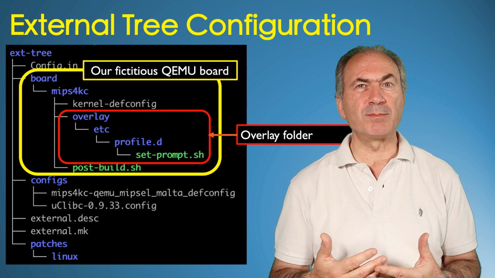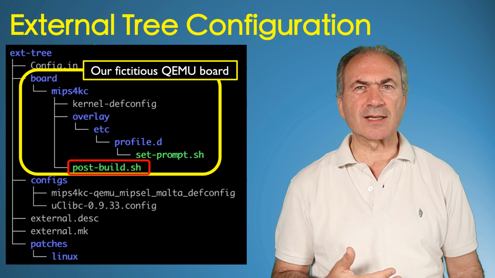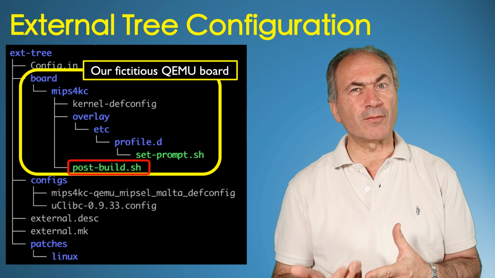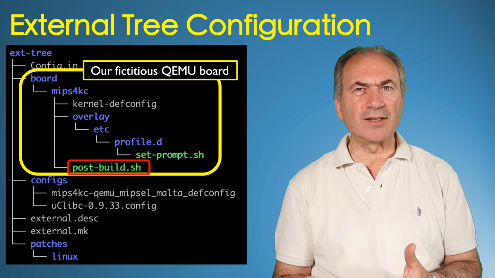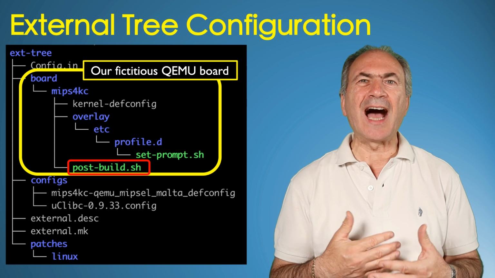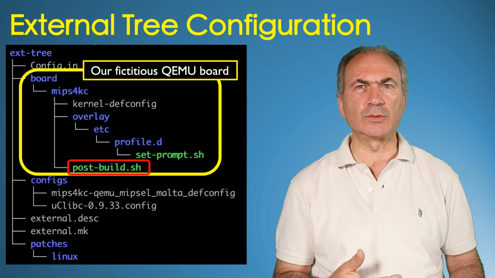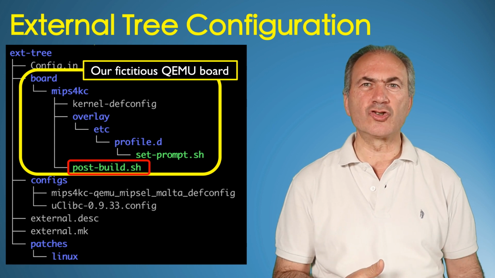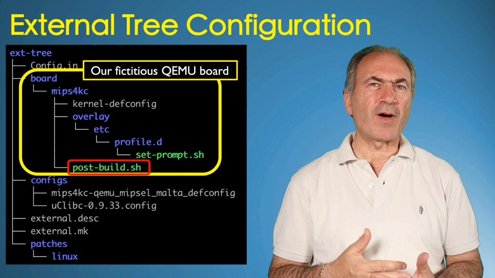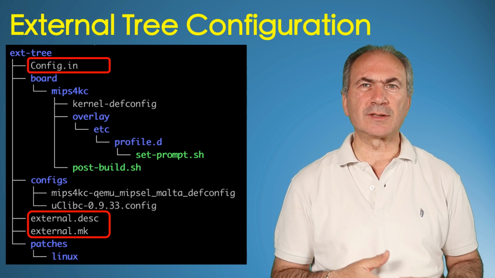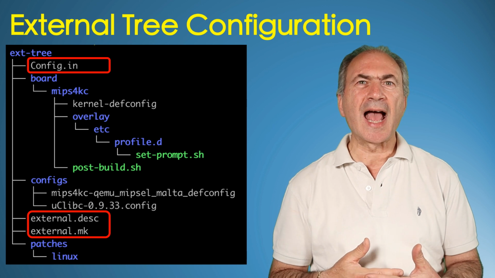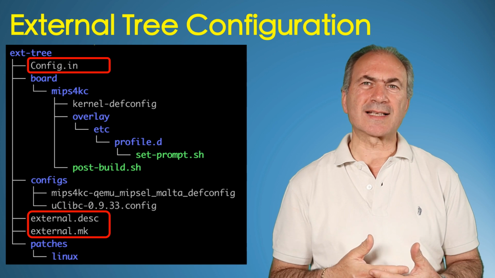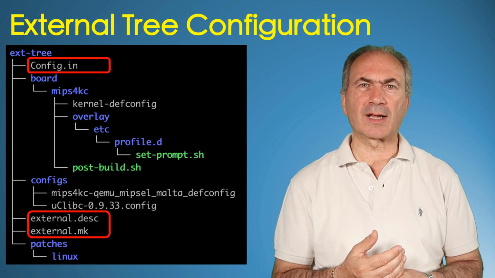Here we have the post-build.sh script that will be executed just before building the image. This allows us to modify some files or to dynamically add files and folders to the image. I will use this possibility to copy the root and firmware files of our sample device inside the root image of the emulated board. The files Config.in, external.desc and external.mk are needed by Buildroot. They will be especially useful to add custom packages, but this is not our case.